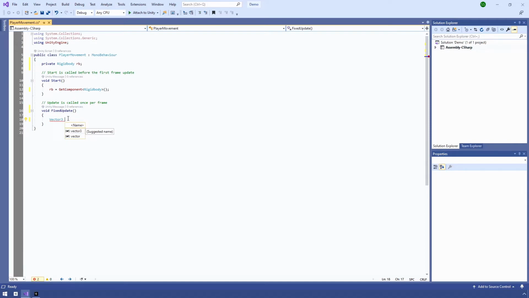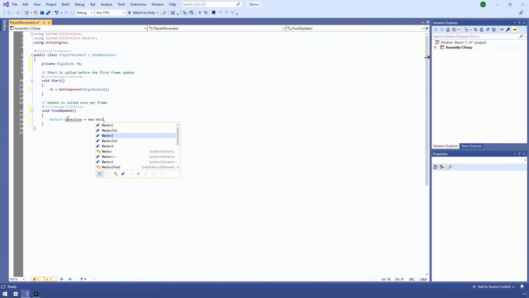A vector3 is going to store the x, y, and z coordinates for us, so it's helpful when we're working with a rigid body because it expects us to be dealing with all three of those coordinates. And so vector3 here, we're going to just call this one direction,